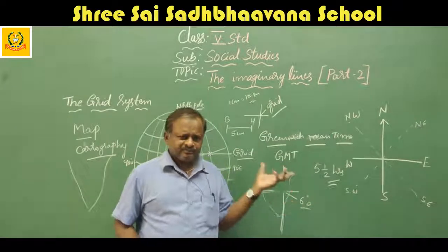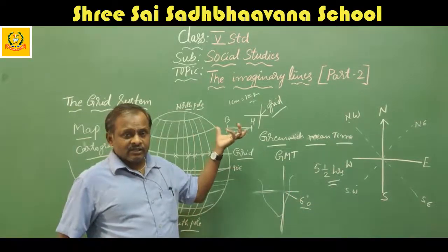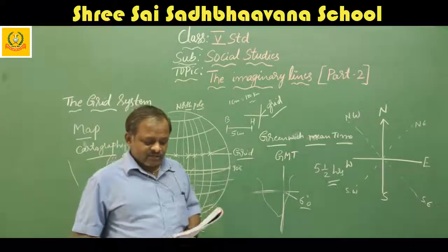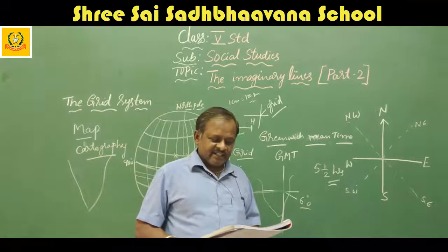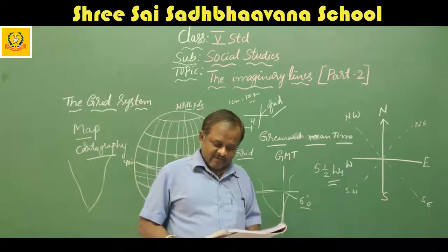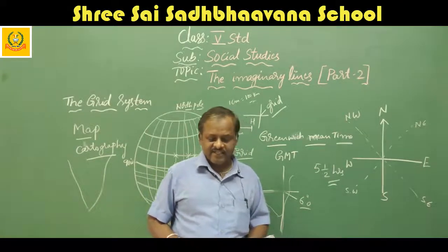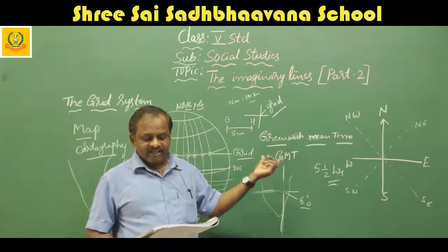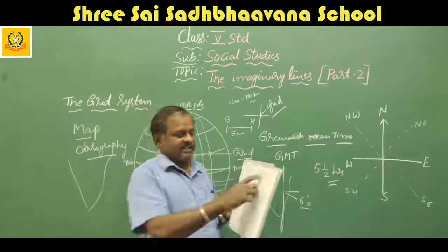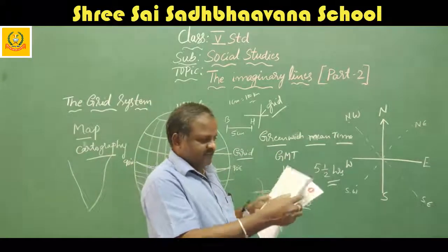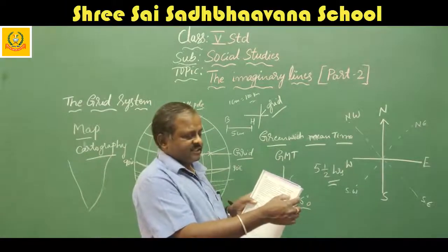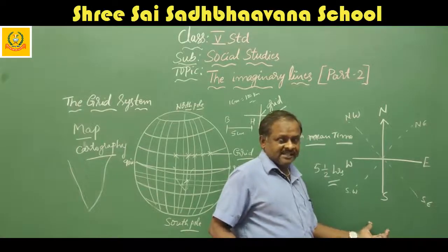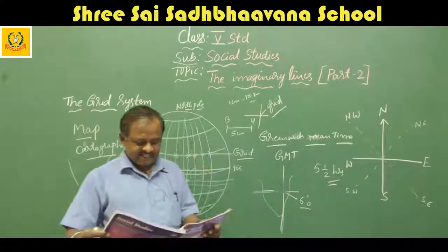To look at or use the maps properly, these scales are very, very useful. Scale can be represented in 3 ways: representative fraction, statement, and graphic scale. They will write it in words, in a fraction, and in a graphic scale. Here see, in your textbook on page number 5, at the top they have given how the scales are represented on the map. Below the map, they are representing the scale.